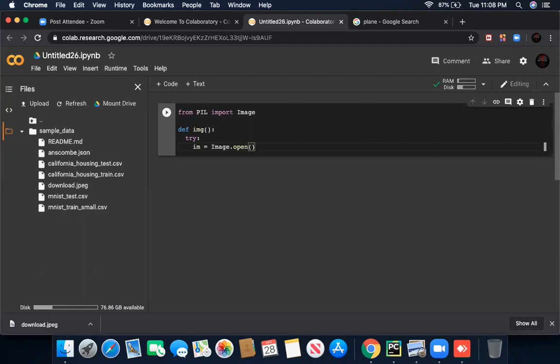Now I'm going to find your unknown file, right-click and copy the path.